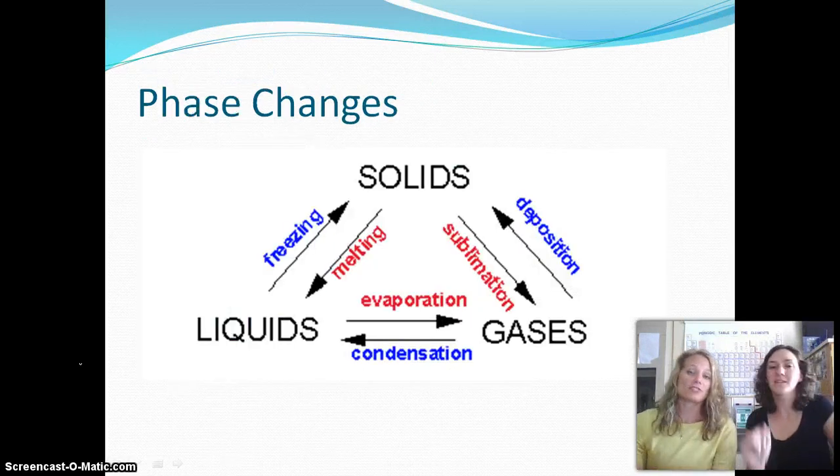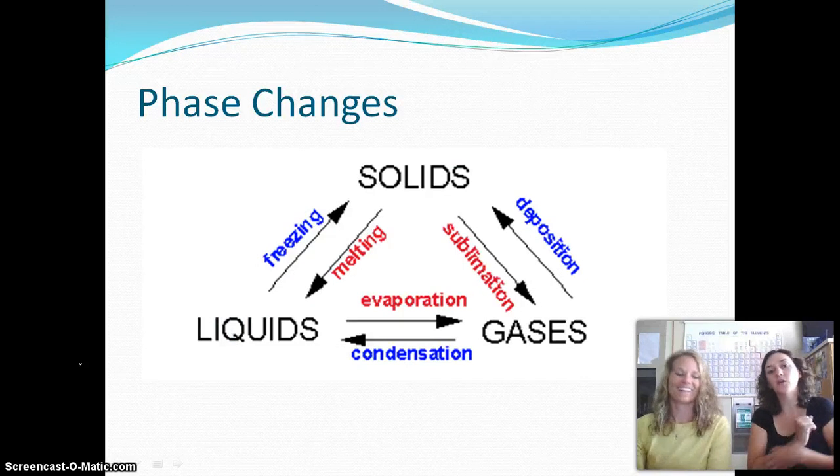Oh, or not. Phase changes, really fast. A lot of times when we are talking about physical changes, students aren't sure what all of these terms mean. I'm sure you already know what freezing and melting mean, but some students get tripped up with deposition and sublimation. So you have one of these charts in your notes, and it goes between the three main states of matter: